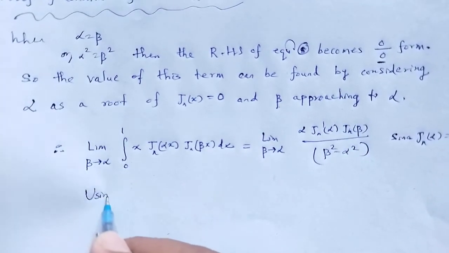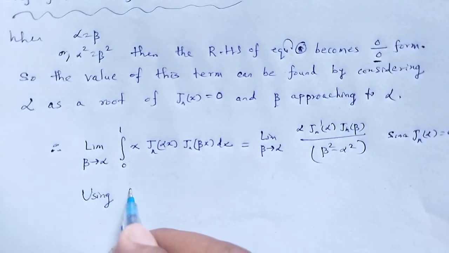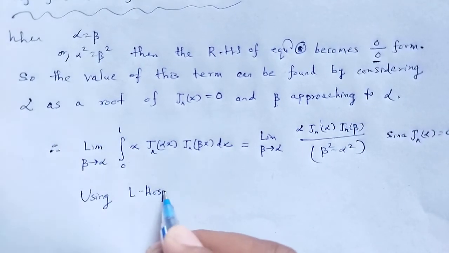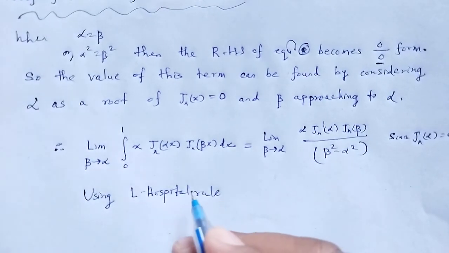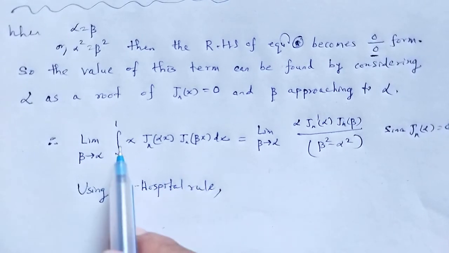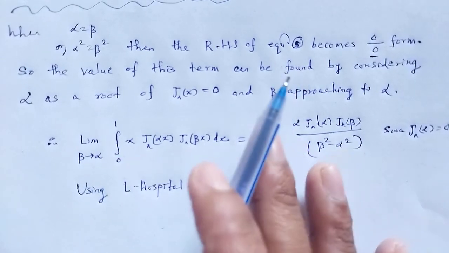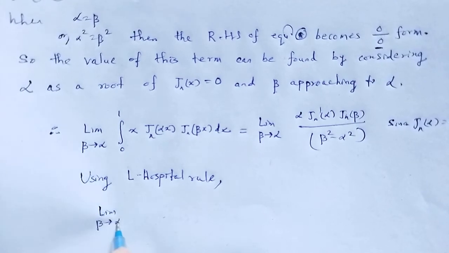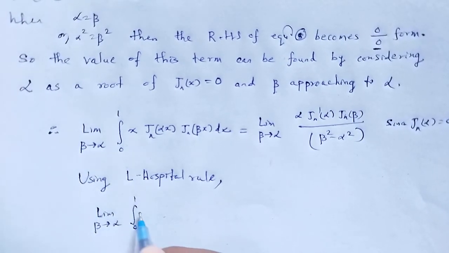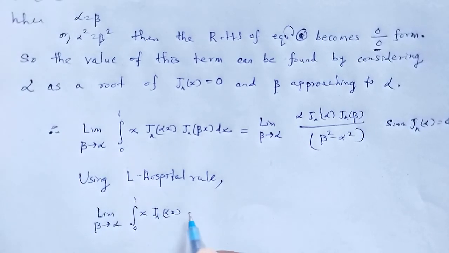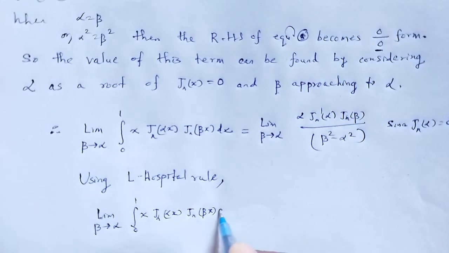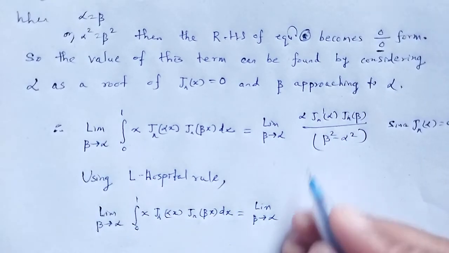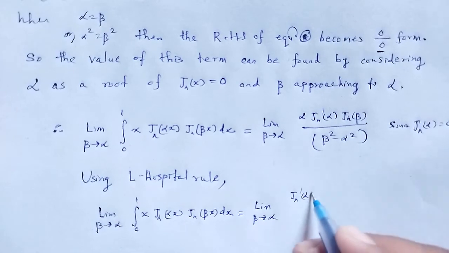Using L'Hospital rule to find that solution, what we have: limit beta tends to alpha, integration from 0 to 1, x Jn alpha x Jn beta x dx is equal to limit beta tends to alpha, here Jn dash alpha, that is d by d beta of Jn of beta